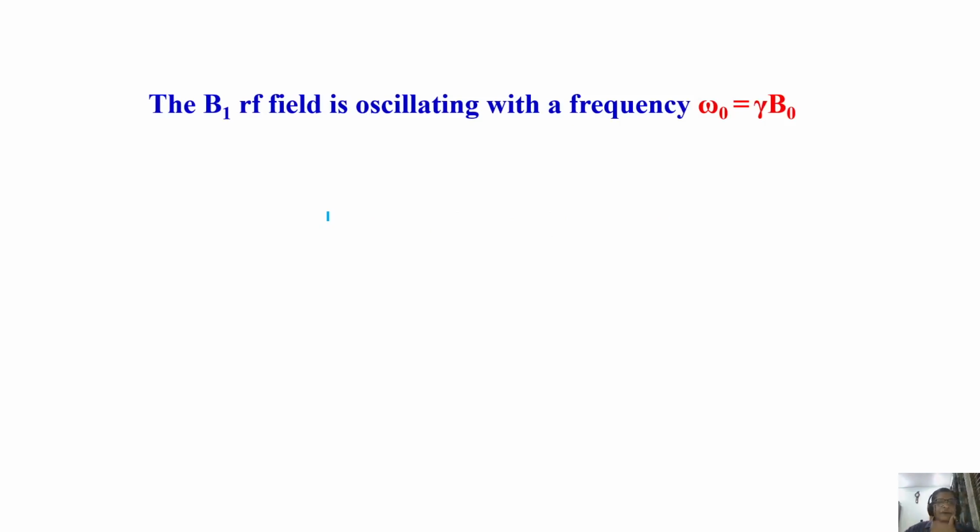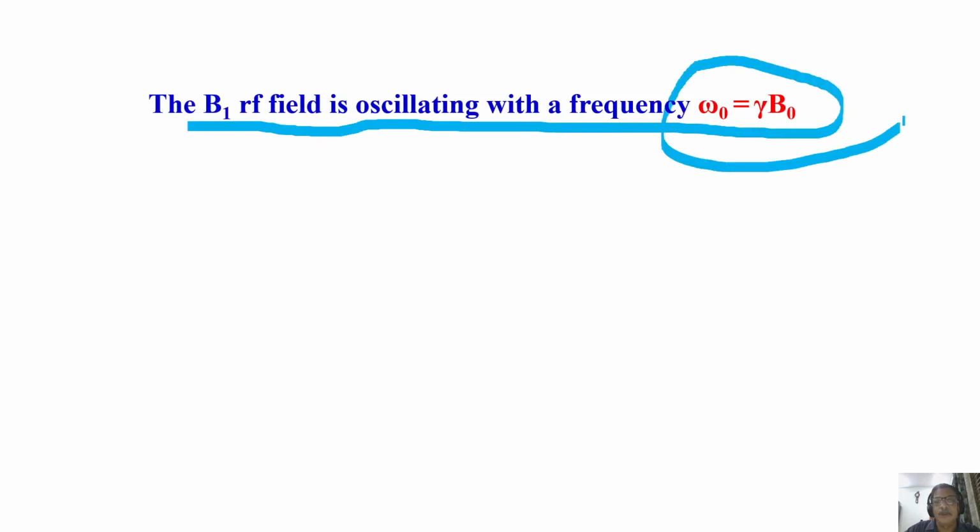With that, now I want to introduce the concept of the rotating frame very mildly, because I'm not going into extensive mathematics for it. You require that to understand, but in a simple way, let us try to understand. This is required for many experimental conditions. We talk about rotating frame Overhauser effect, all those things. You should have some idea about what a rotating frame is and how it is used, the concept of rotating frame in MR. Now consider the situation: the B1 RF field is oscillating with a frequency omega naught equal to gamma into B naught.